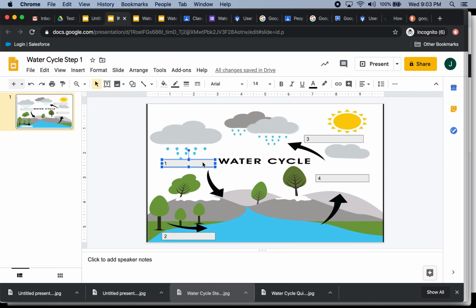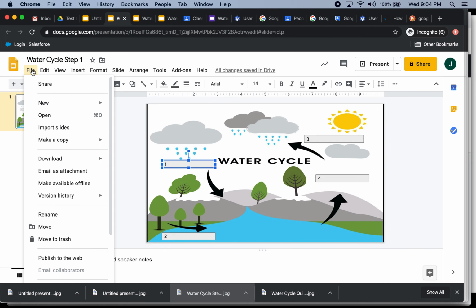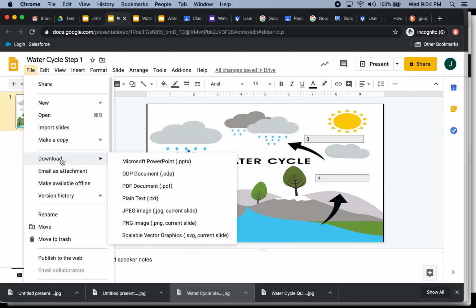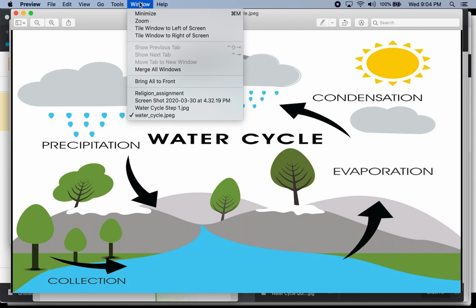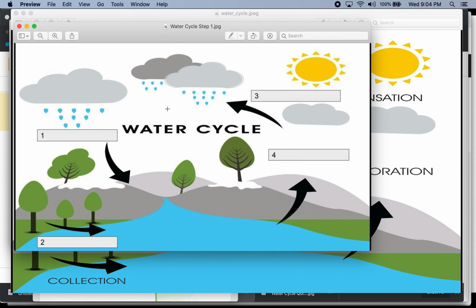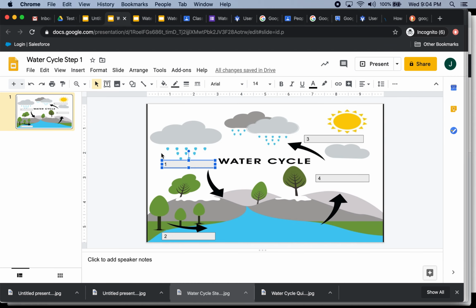And if we were to assign this right now, it wouldn't do us much good because, as you can see, the students can move these out of the way. So what we need to do is to turn this into an image. And Google makes that easy because we can download that as a JPEG. And I can show you the result of that already. Okay, so now we have an image that we can now import into another